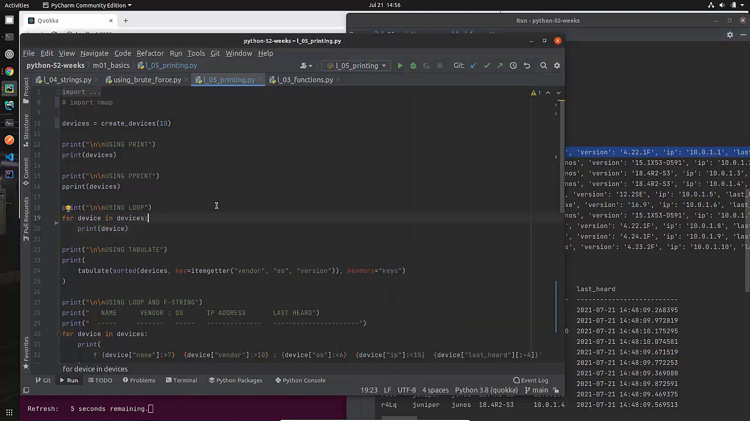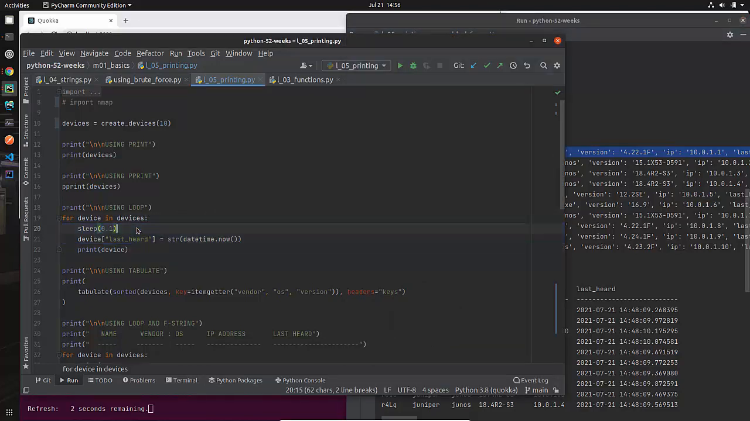But that's what we're doing. Let me just undo this. And what I was doing here is I'm adding this last heard field. And just for information's sake, I'm taking this device thing, which I got from devices, and I'm actually adding a new field to it. I'm adding last heard to it. So at this point in time, once I've gone through all of these devices, every one of my devices will not only have the original stuff, IP address, version, etc. It will also have a field with a key called last heard, and that will be interesting when I print